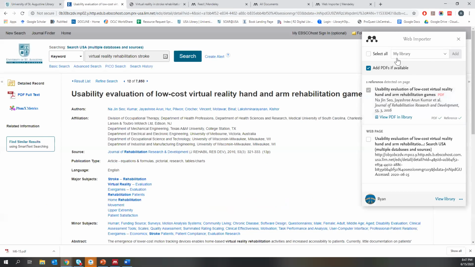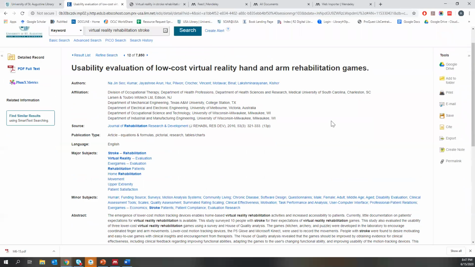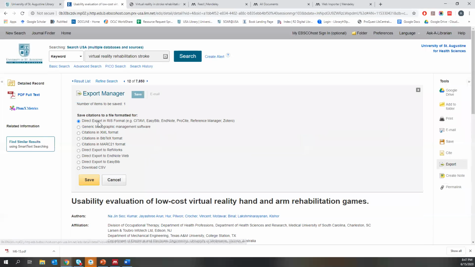EndNote version of having to export a reference. You can do it by, like, let's say we're not getting all the bibliographic data that we want. We can go Tools and Export. And then I know that it doesn't say Mendeley here, but don't worry about it, because the most important part of